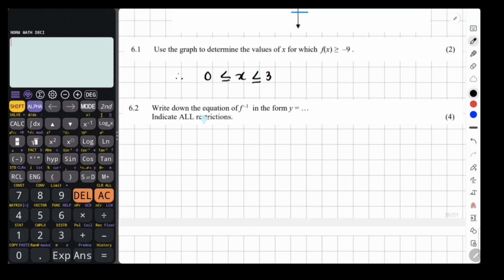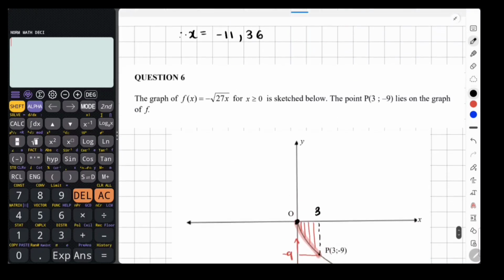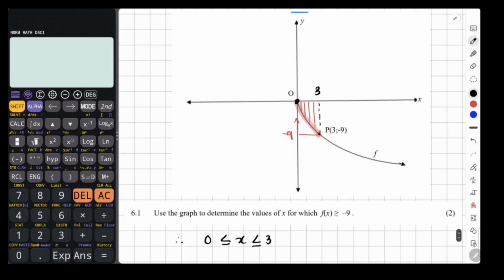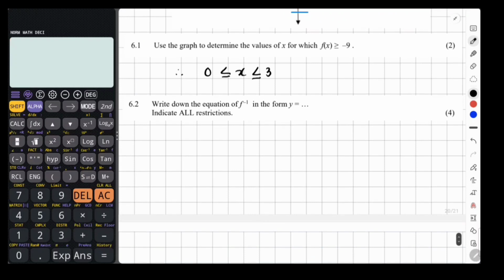And then question 2 says, write down the equation of the inverse of f in the form of y is equal to, and then you need to indicate all restrictions. So they're referring to this restriction. They restricted the domain of the original graph, so you also have to show your restriction as well. Okay, so just finding the equation of this. First of all, we can write it as y is equal to the original one,